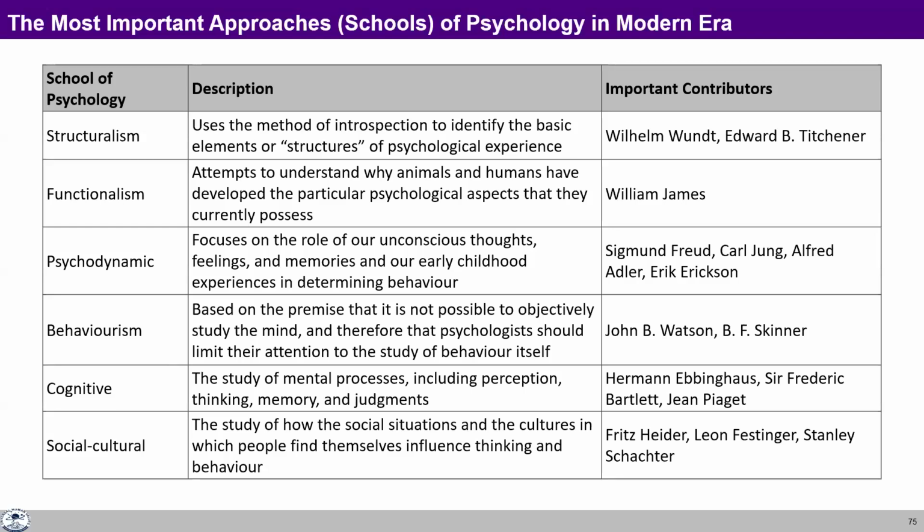The third school was psychodynamic. It was given by Sigmund Freud, and then his student was there, Carl Jung. The name is written as Jung, but it is read as Yung. Then there were other scientists who got involved with it, like Alfred Adler, Erik Erikson. So it focuses on the role of our unconscious thoughts, feelings, and memories, and our early childhood experiences in determining